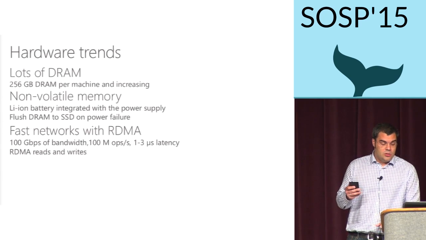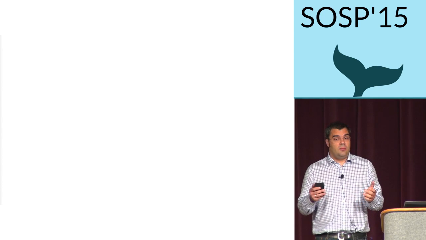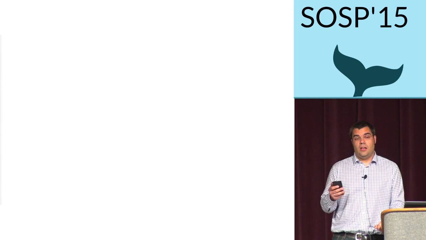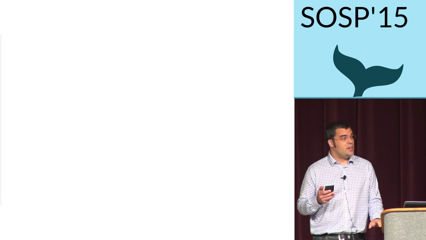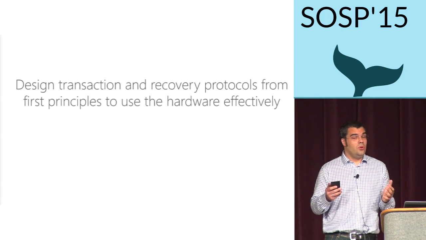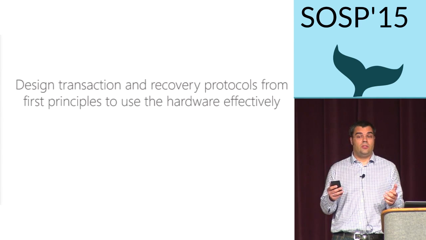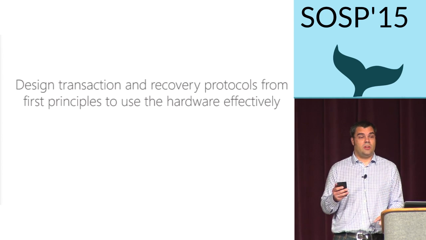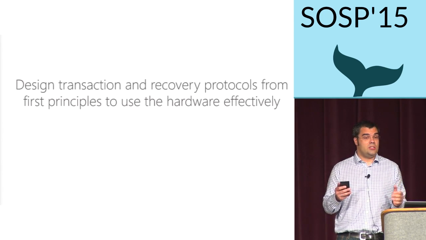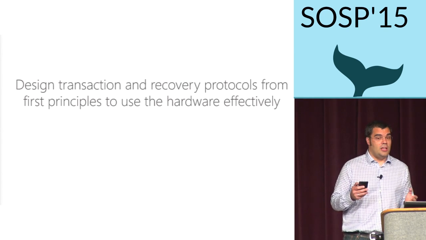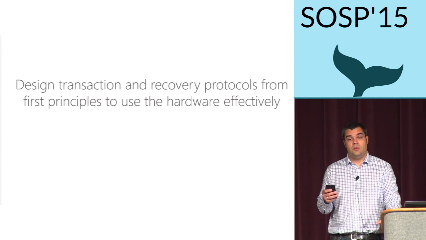Okay? So as you can imagine, if you take an existing system and run it on this hardware, this is still going to run faster just because we have faster hardware. But in order to fully exploit this hardware, we need to design new protocols that are basically tailored to the characteristics of the hardware. And this is what we do in this work for distributed transactions and recovery protocols. Okay? So as I mentioned, the main goal is basically to optimize the CPU overheads.